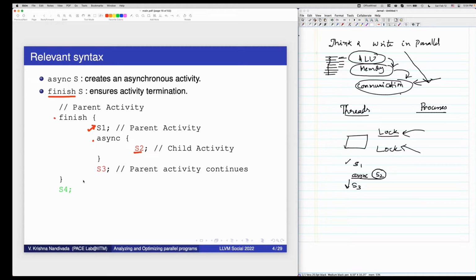So S2 and S3 will run in parallel, and both will wait here because this is a join point. After S2 has finished and S3 has finished, we will go and execute S4. Is this idea of finish clear? Or any questions, anyone?